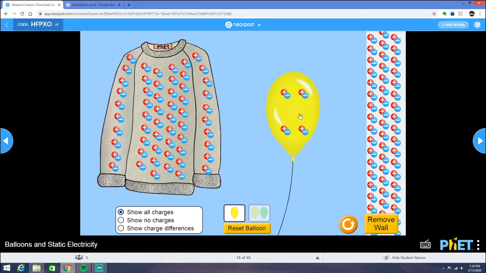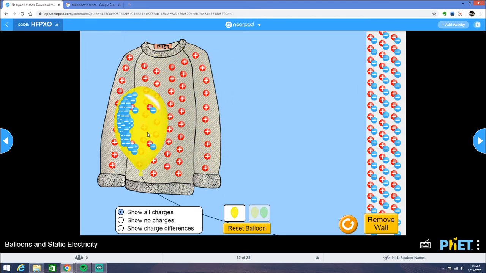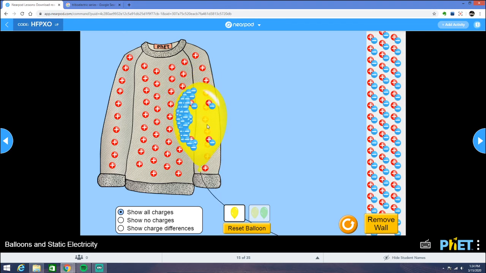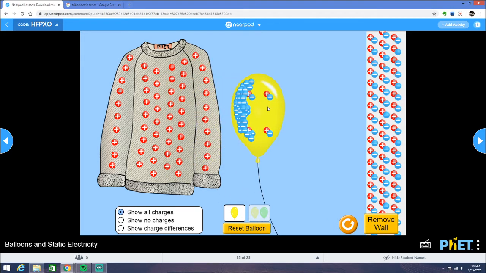So when we rub the balloon on the wool shirt, you see that the wool shirt gave away its electrons and the rubber balloon took the electrons. If I put the balloon right here, you see that it's attracted. So now we're talking about how opposites attract. Those are things that we see in our daily lives. Positive and negatives want to come together. If it's two positives or two negatives, we know same charges want to repel. And that's what you see here. You see opposite charges want to attract.